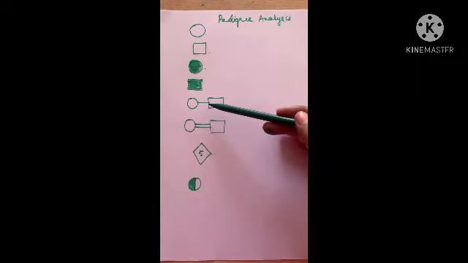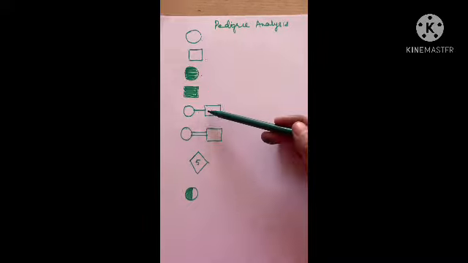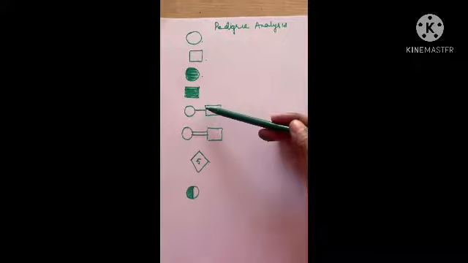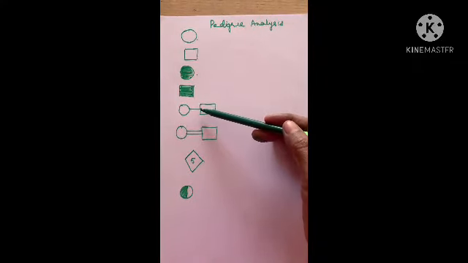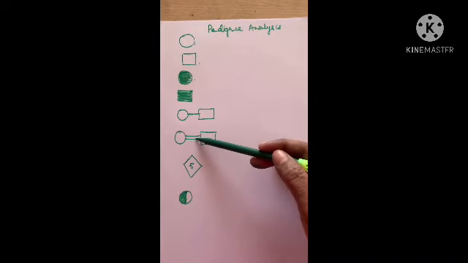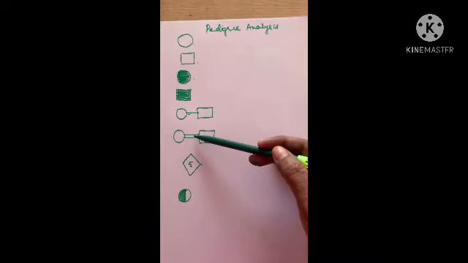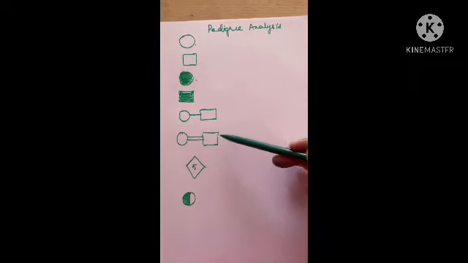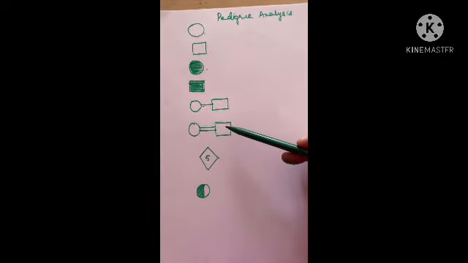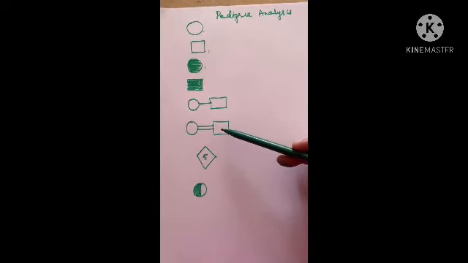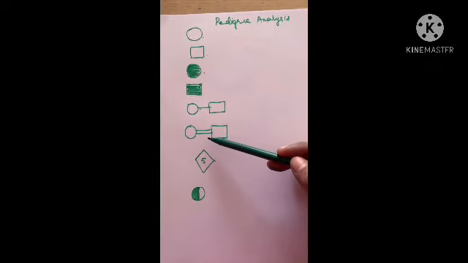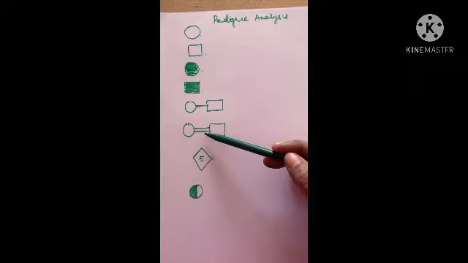If two individuals marry and they are unrelated, a normal female and a normal male, then mating between unrelated individuals is shown by one line. If there is mating between related individuals, such mating is referred to as consanguineous mating. This is observed in some individuals in the population, and there are specific groups where they even marry their first cousins. Such marriages or matings are referred to as consanguineous mating.